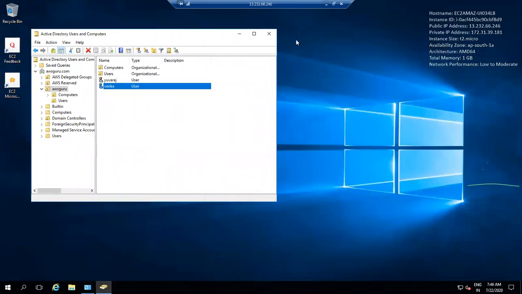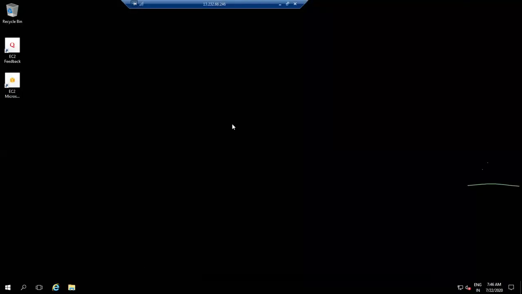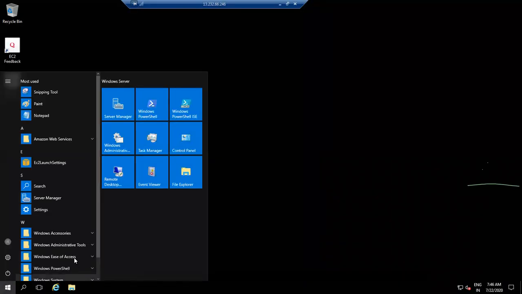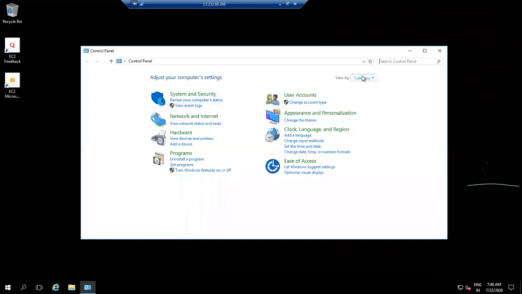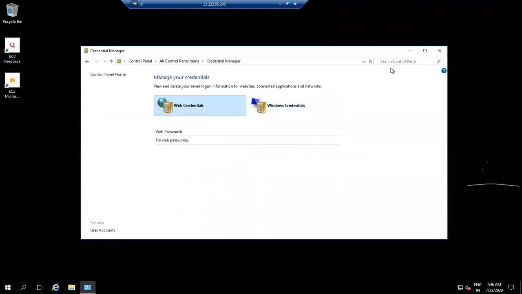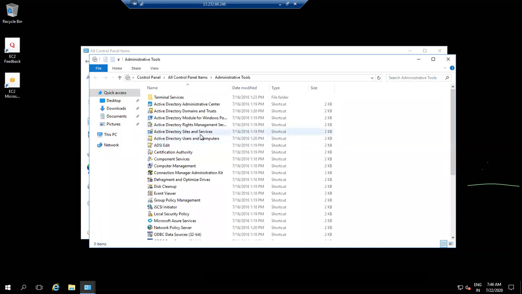So basically, two users can connect to the single server, right? See, this is your machine, but you will not have any control. As a normal user, you are not a system administrator. You will have normal connectivity. For example, if you go to administrative tools,